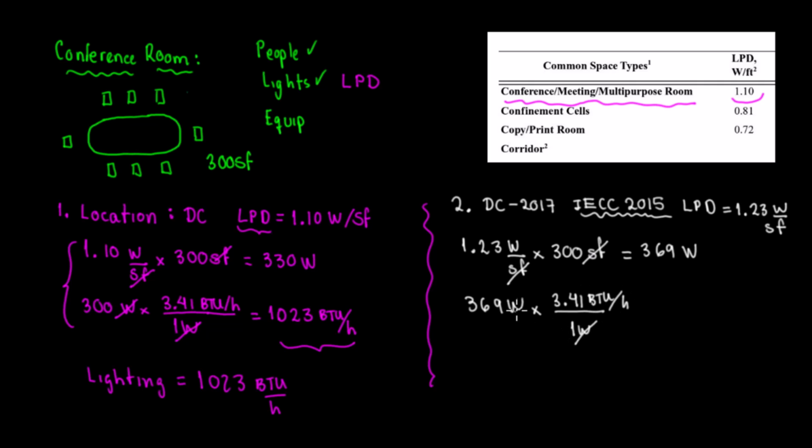And then watts with watts go away. And then this is going to give me what? 369 times 3.41. So that's going to give me a total of 1258.29 BTUs per hour. Okay, so my lighting load equals to